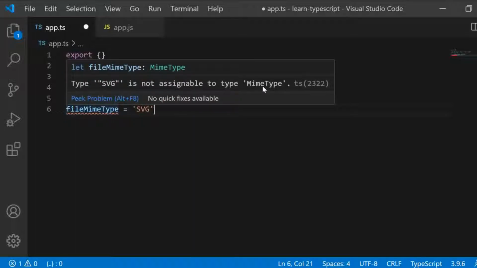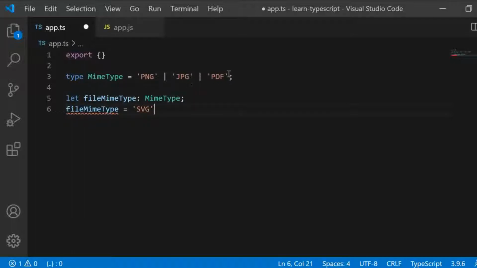Mime type will only accept these values. So here you can see the IntelliSense. Here it shows PDF, PNG or JPG. So if you assign one among them, it will work perfectly. This way you can assign a user defined type to a variable, and these are all string literals.